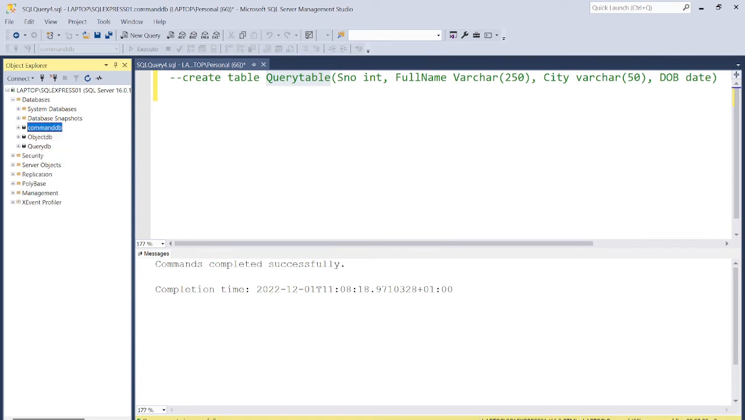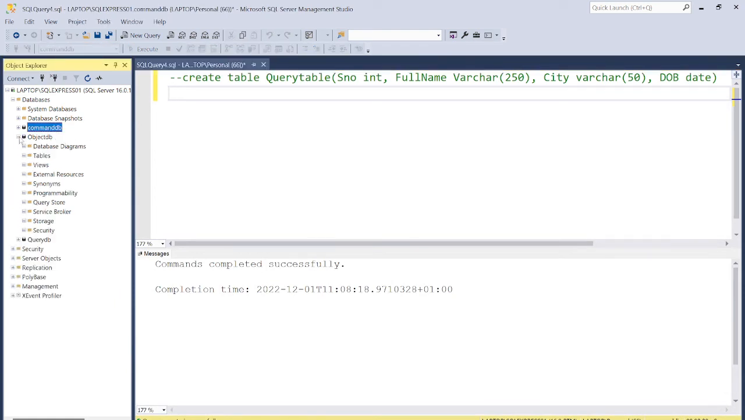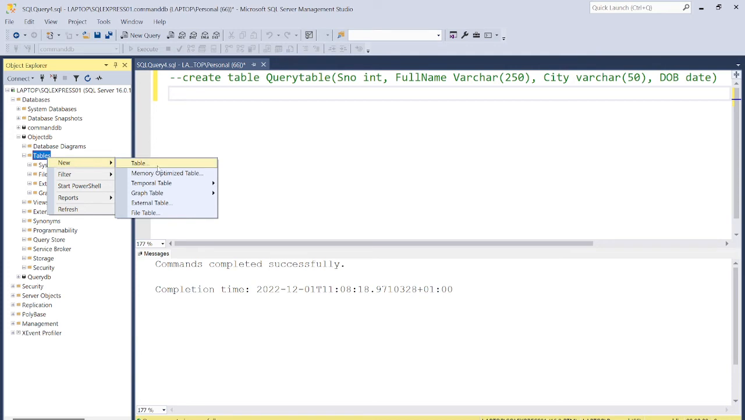So this is how we are going to create the tables from SQL Server Management Studio or from command prompt. And now we will see how to create a table from an Object Explorer. So I want to create a table from Object Explorer in this database, Object DB database. I go into tables. I don't have any tables which I created. So click on the tables, right click, new table,